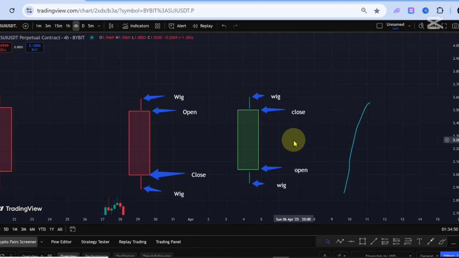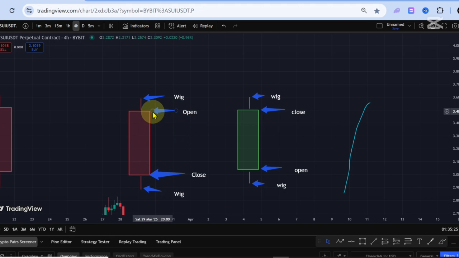Now, I believe you have understood what the open of the candle and the close of the candle mean. A bearish candle is similar, they are just opposite. Remember that a bearish candle represents sales. It's always seen in the market when there is selling and when there is a decrease in price. So if price moves from, let's say, $3 to $2,